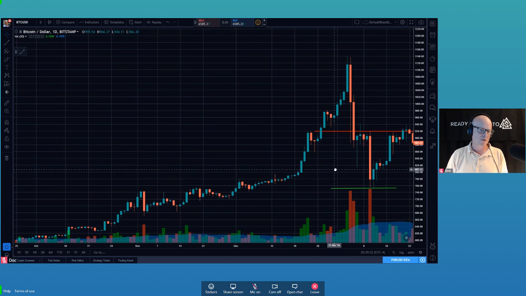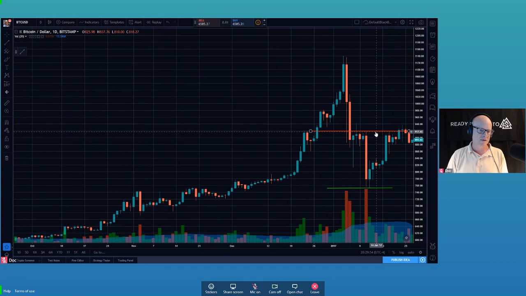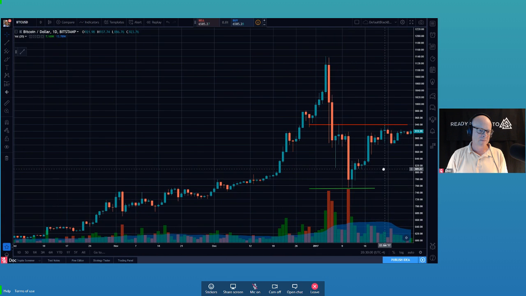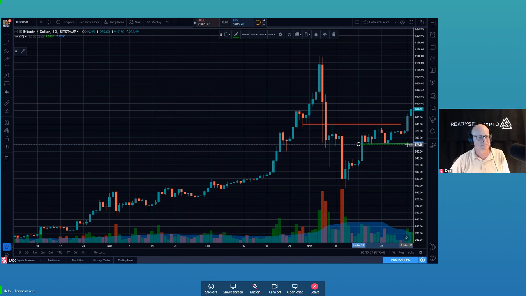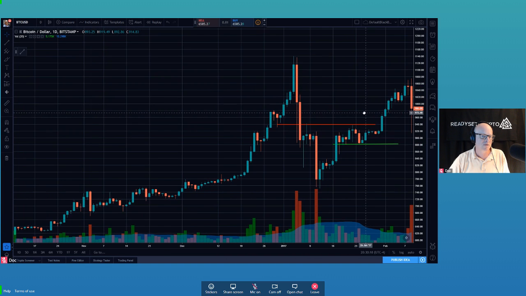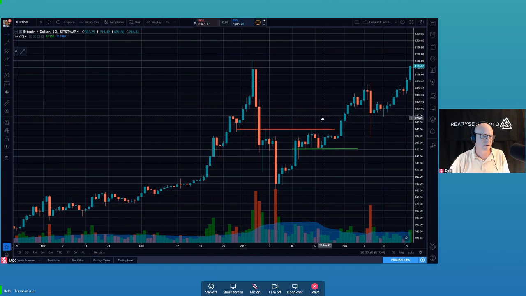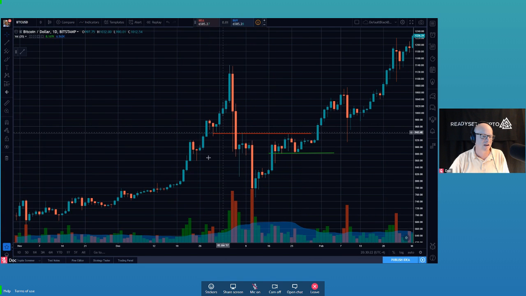And we start poking its head above there. Are we doing that? Maybe. Let's see if we print a higher low here to go along with that. Well, there we go. We have now changed polarity back to an uptrend. It doesn't seem like it, but there you go. There's what a hard, sharp pullback looks like at a larger time frame, and now the same trend resumes. And there she goes again. And off she goes.